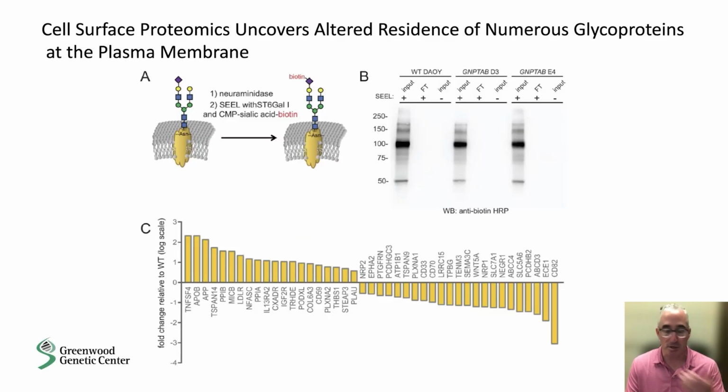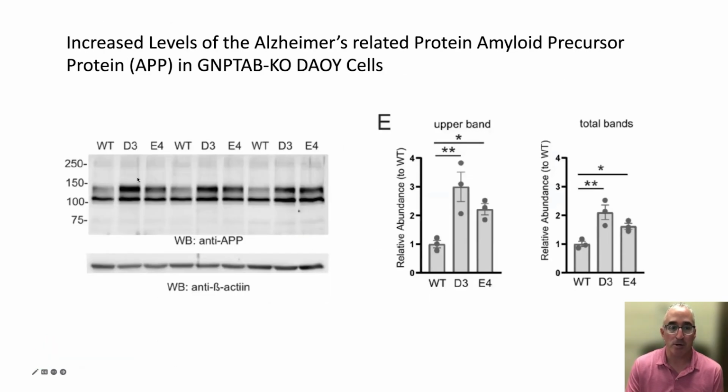These made sense because they're either directly or thought to be indirectly involved with bringing enzymes back into the cell. So it made sense that those were up. But I thought this one was interesting, to see an increase in the amount of APP at the surface. We went on to show that there is an increase in the abundance of this protein in the clones. And I think this highlights, again, we don't know the exact role of having an elevated level of this APP